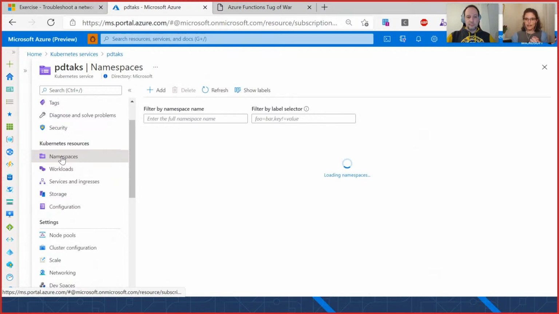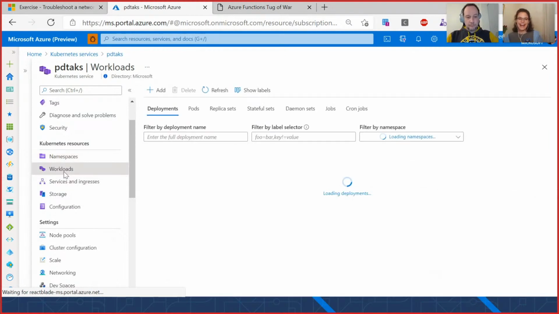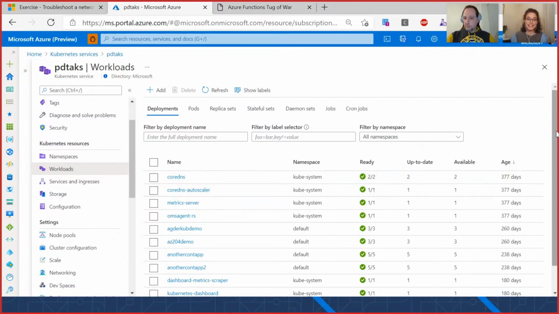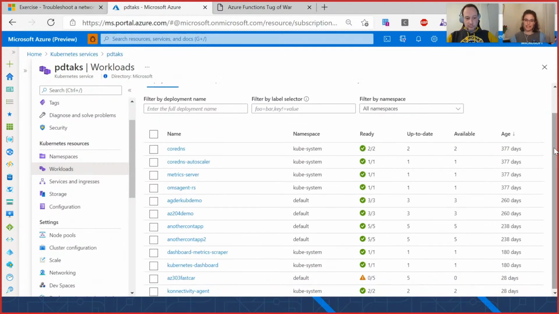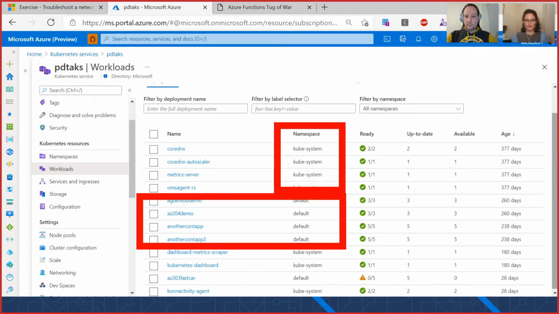And if we open the workloads, okay, that's down here. Great. We can see when it's loading, we can see the difference between system containers and custom application services. For each component, as Peter shows us, we can see the health state and the age of the pod, and most pods are highly available, as we can also see on our